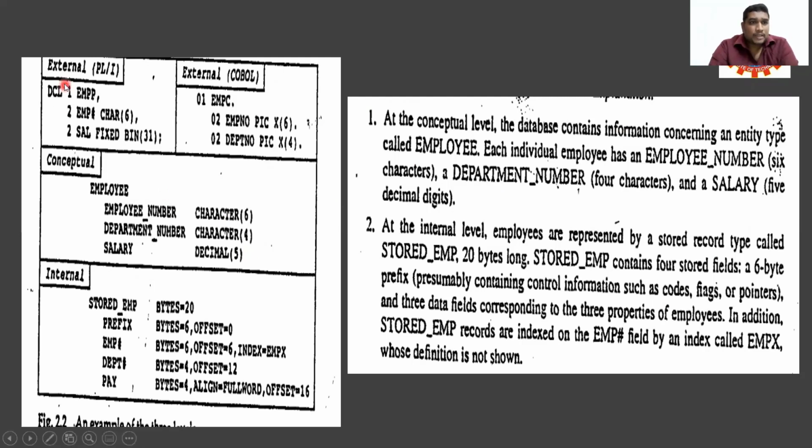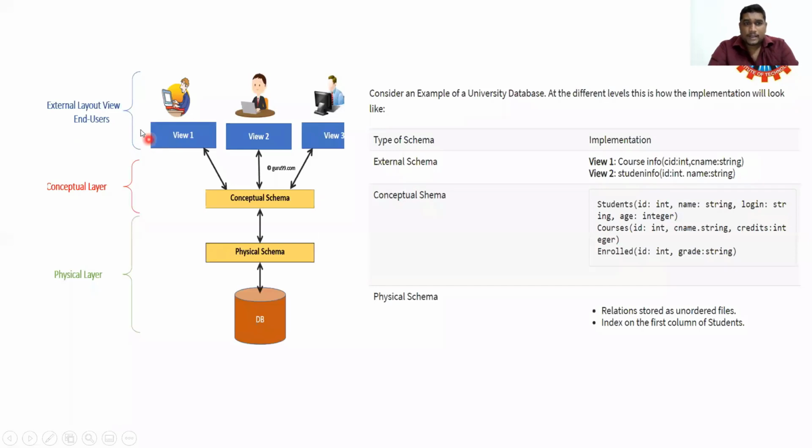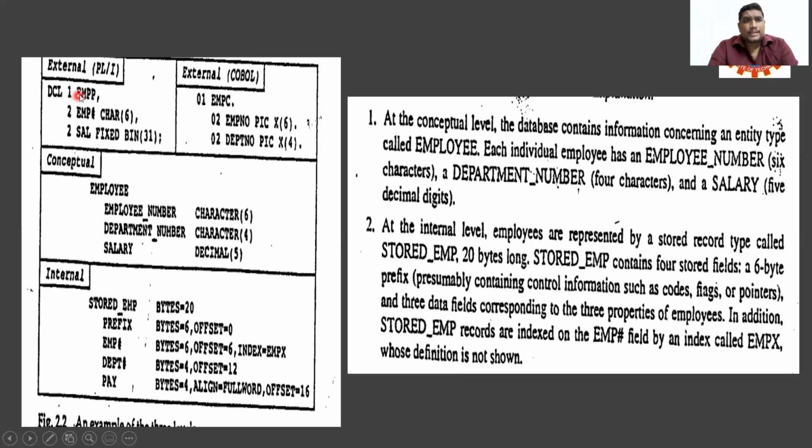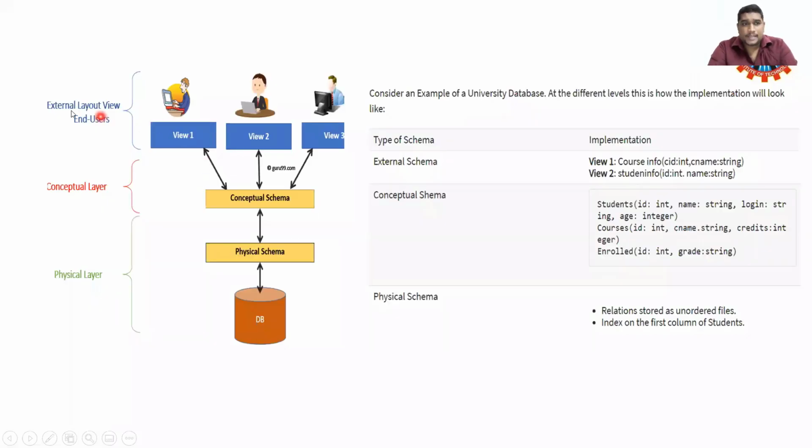This is called the external level. We have three levels that we'll discuss here: the external level, the logical or conceptual level, and the physical or internal level. Suppose we have different users in external 1, 2, 3. View 1 we already discussed. External 1 wants data of a particular row, 2 wants the second row, and the third wants the second row.